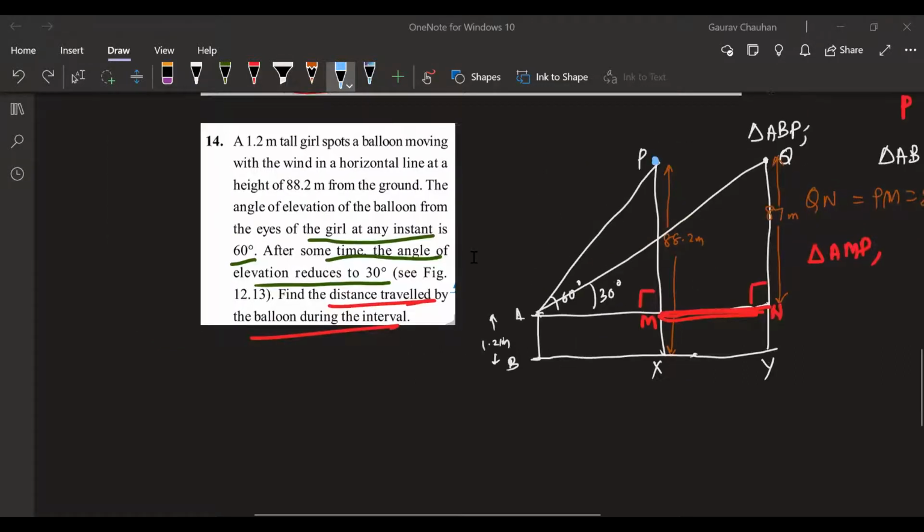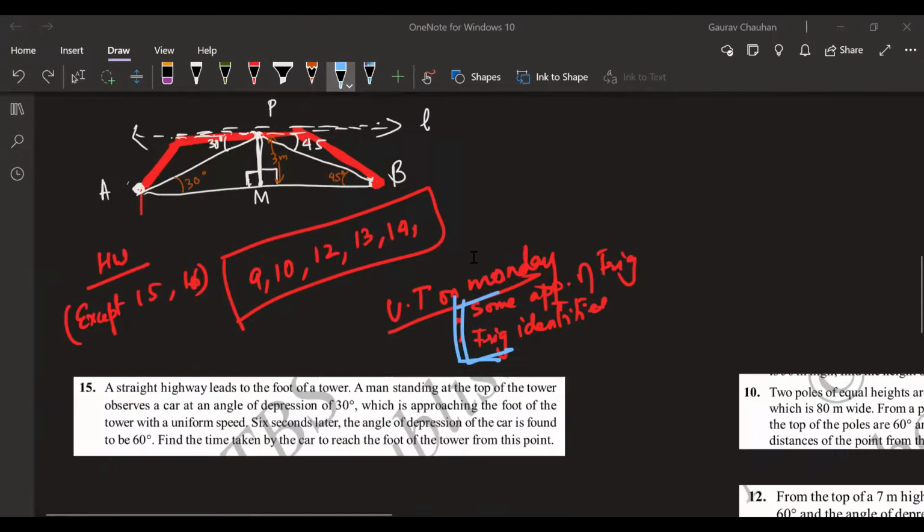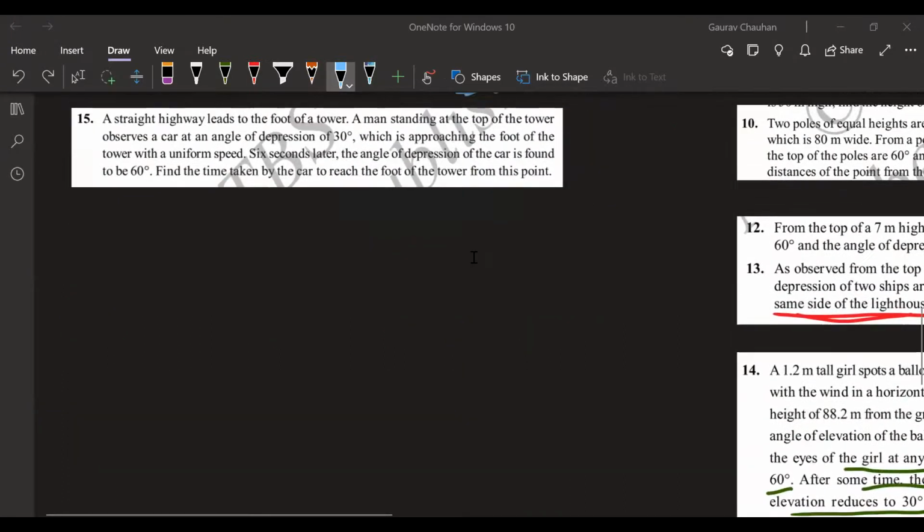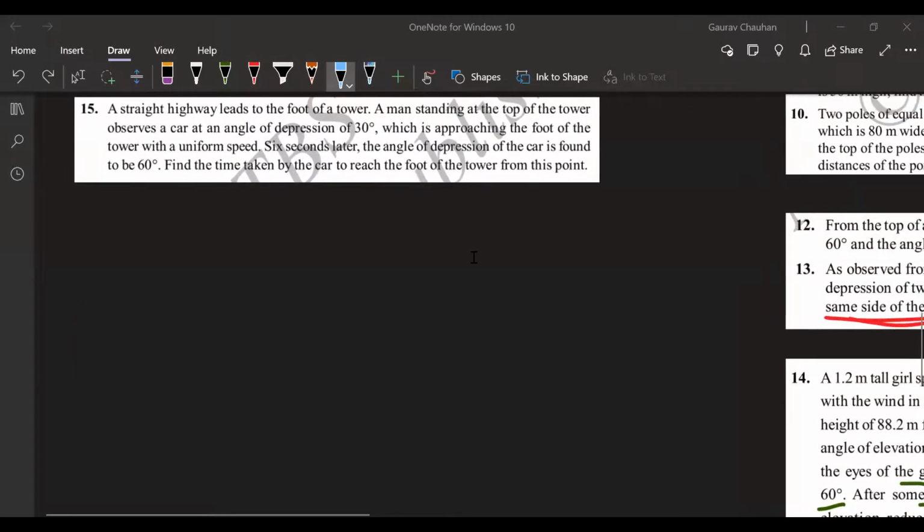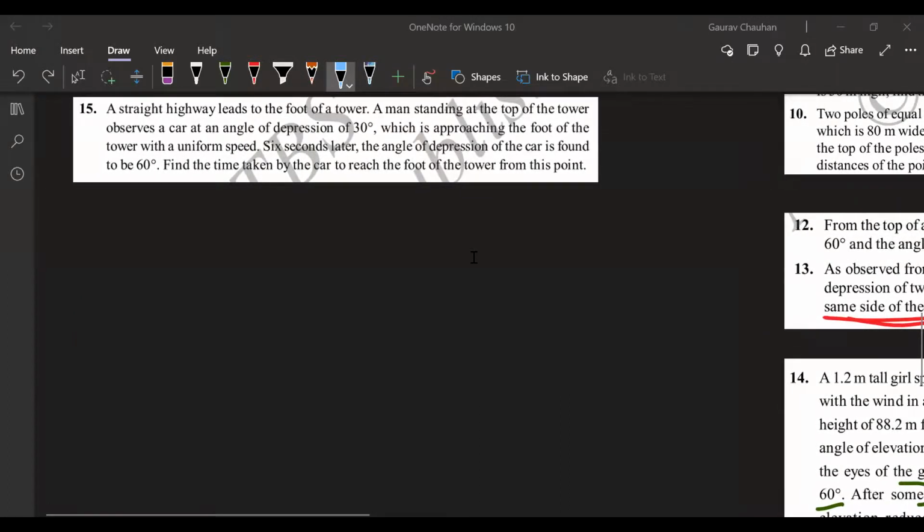Okay. We'll move ahead now. All our doubts are good here. Let's continue to the next question. We'll do questions 15 and 16 today in class, before we go back to touch on trigonometric identities a little bit. Question number 15 is a little bit interesting because it does not use distance directly. Instead, it uses speed.